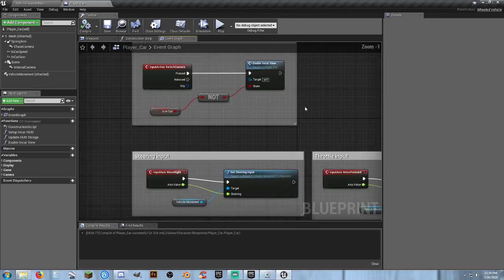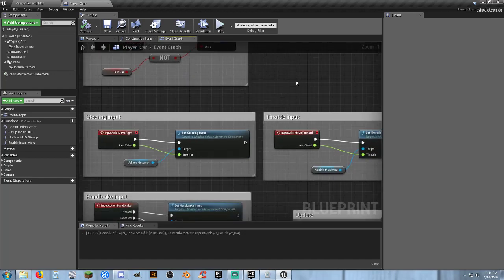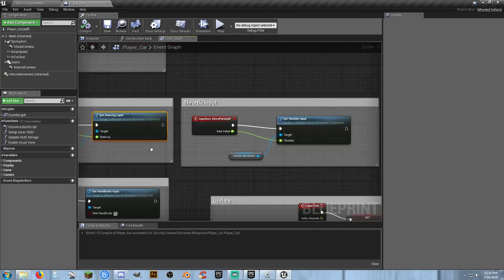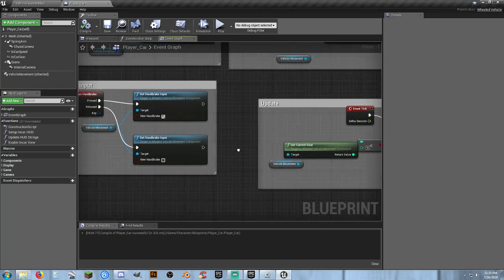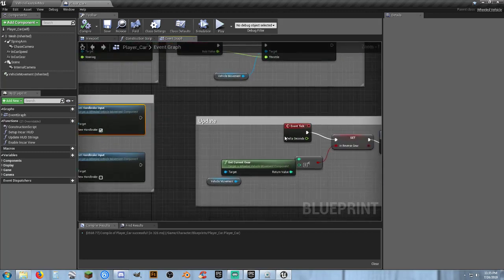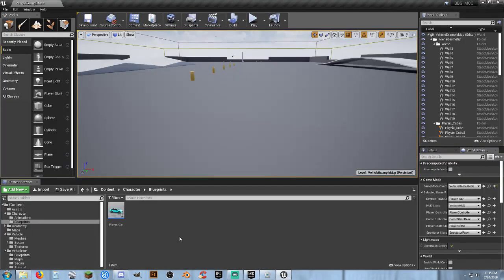Toggle camera, that's fine. Now these are all done on input actions, which means that they're bound keys, and I don't usually like doing it that way, but it's entirely up to you. Just neatening up things a little bit here. So let's go ahead and, since this is a thing, let's save that, close that, and we want to bring in the